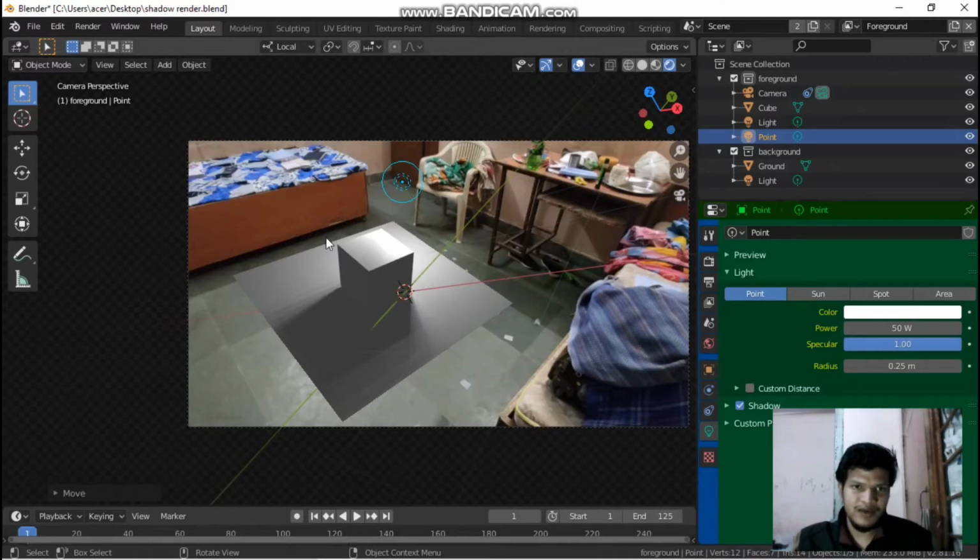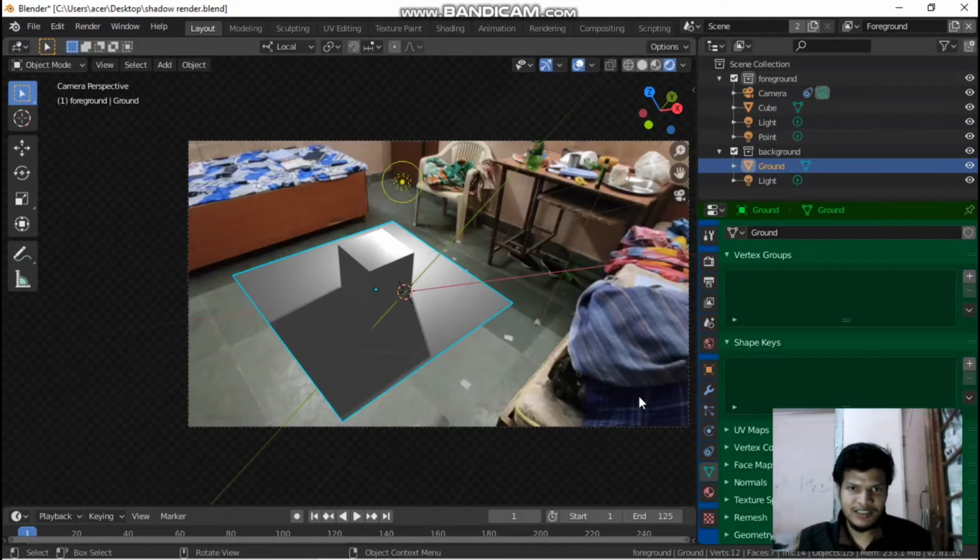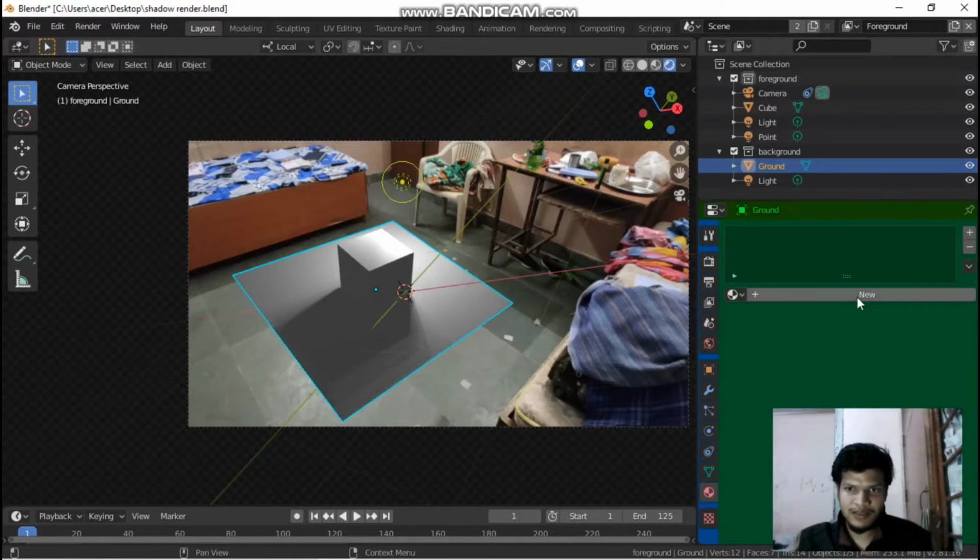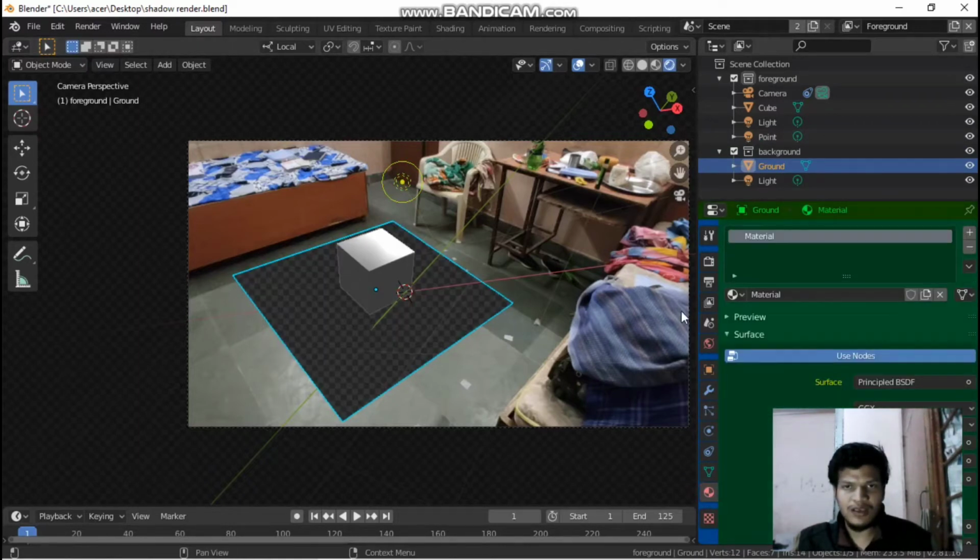But we want this plane to be transparent. For that, select this plane, go to the materials tab, press New. Now this is the point where the main trick goes on. Whatever we need to do, we just need to work on this plane. So let's go to the shading tab.